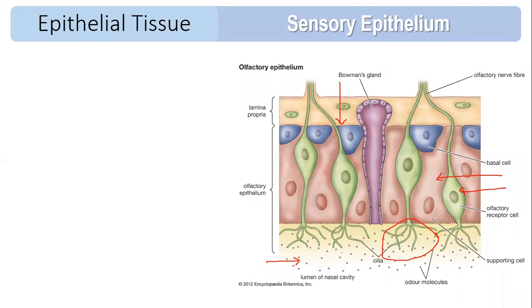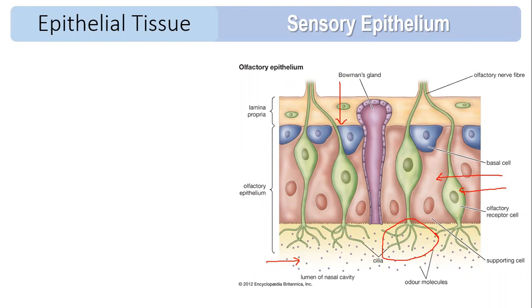So in the nose, you can see here the diagram is of olfactory epithelium. You can see the cilia are going to collect the odor. Can you see these odor molecules? These odor molecules are received by these hair. Then in case of the ear we have auditory hair cell, so that you are able to hear. And in case of the eyes we have photoreceptor cell. Photoreceptor cells are responsible for the vision.